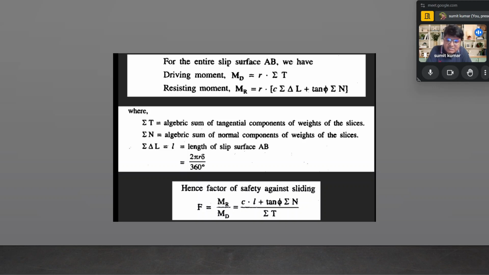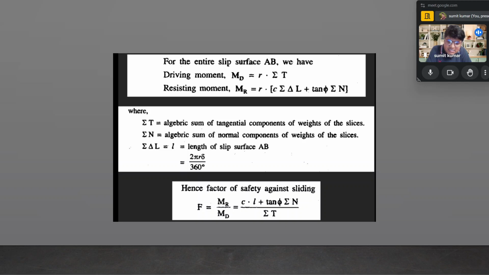Okay, over here, the summation of T is the algebraic sum of the tangential components of the weight of the slices, and the summation of N is the algebraic sum of the normal components of the weight of the slices, and the summation of L is nothing but the length of the slip surface AB, which is calculated as 2 pi r into delta by 360 degrees. It is nothing but r into delta only, when we convert degrees into radians,